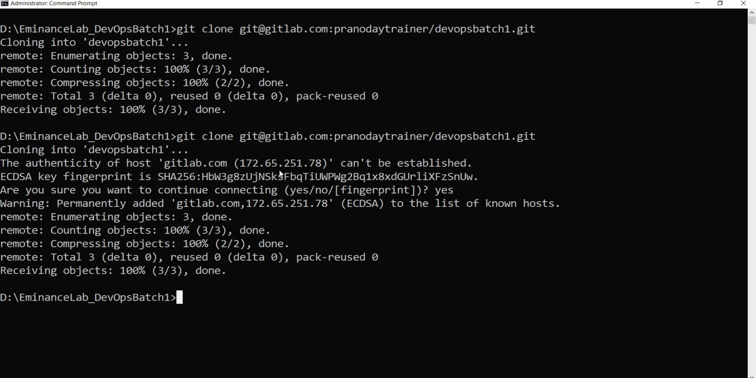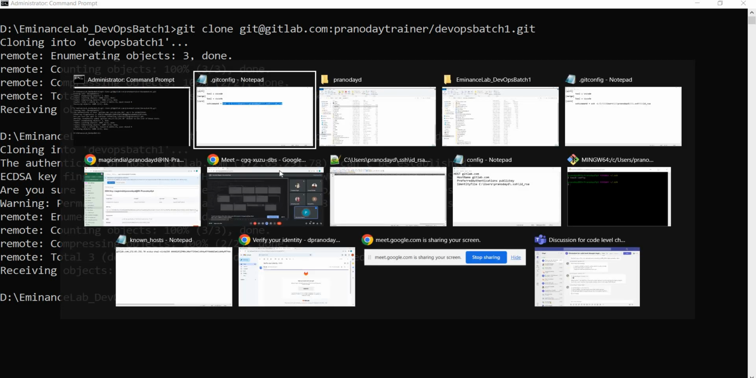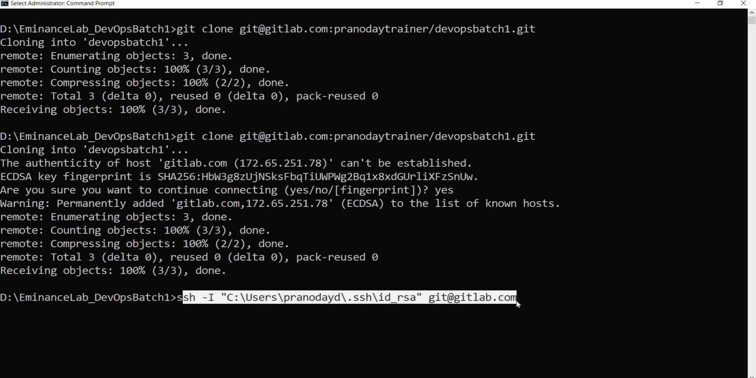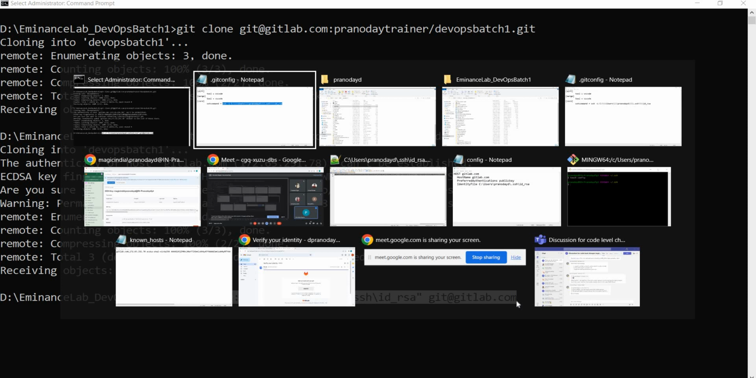These are the three ways you can authenticate with the help of private key, SSH keys. One way is to run this command, ssh -i and the path. I'll show you that one more time. SSH, this one. So this is one way. Another way is